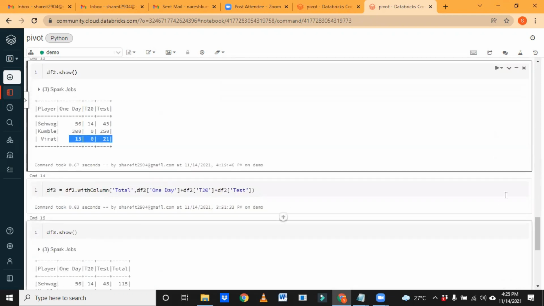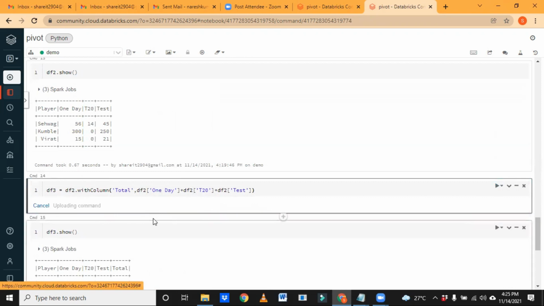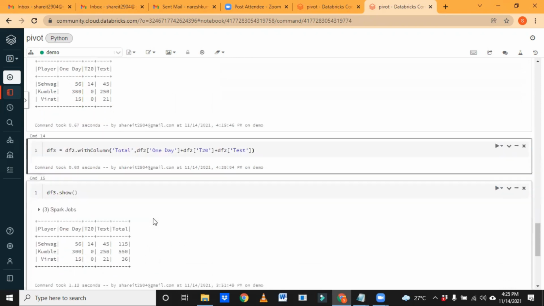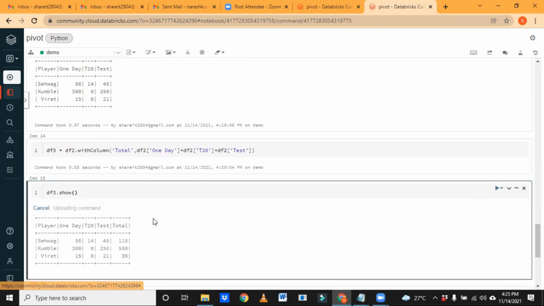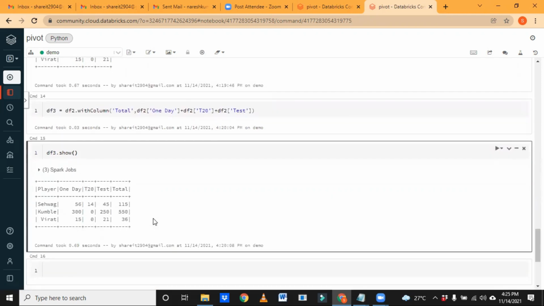We already did it with the withColumn function, and if you want to sum, that is also possible. See, this is the output: Sehwag 115, Kumble 550, and Virat 36.